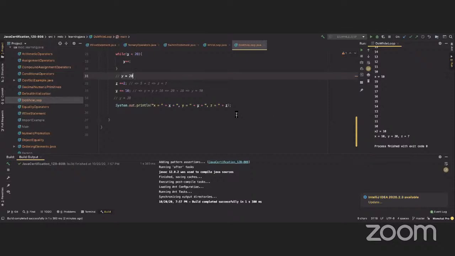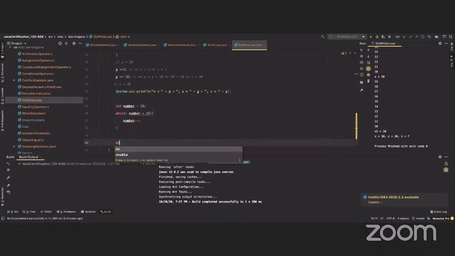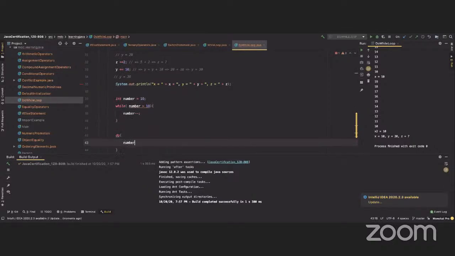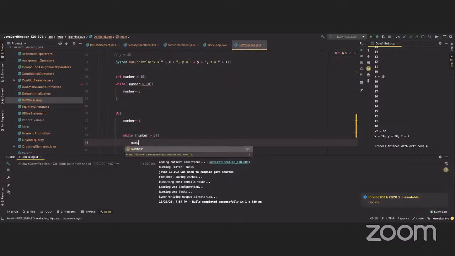Let's do one more. And let's say int number equals 10. Right? While number is greater than 10, number minus minus, right? And then we say do number minus minus, and then we say while number greater than 5, we say number minus 2,